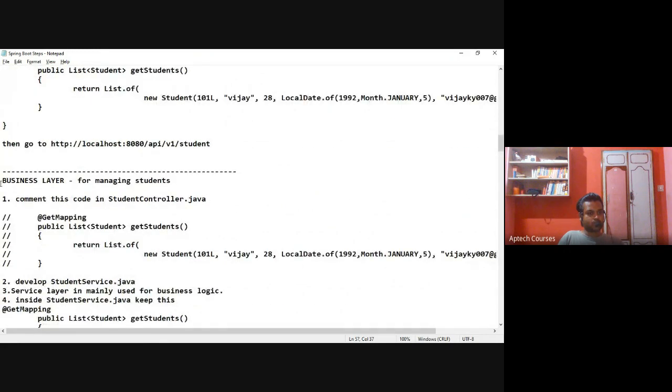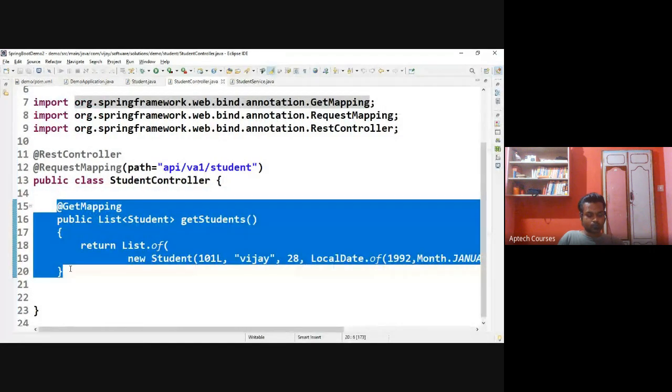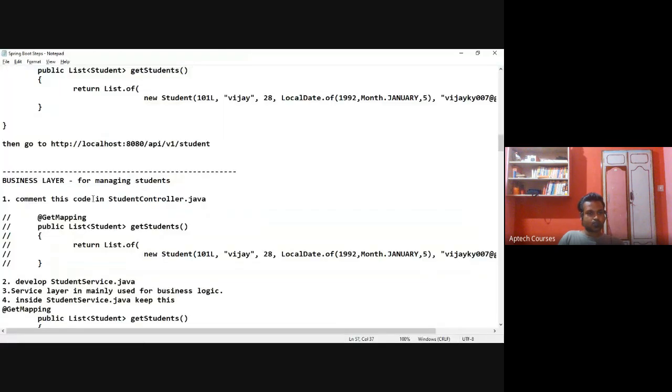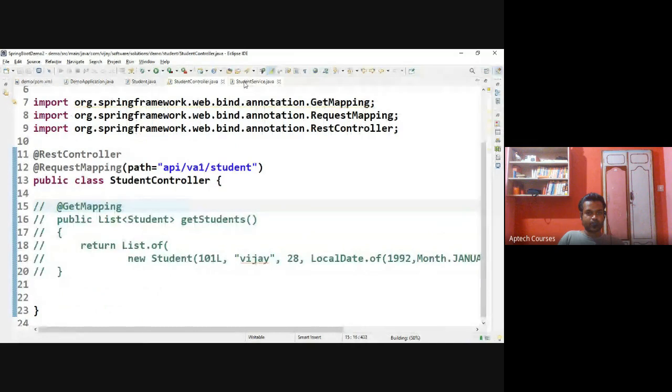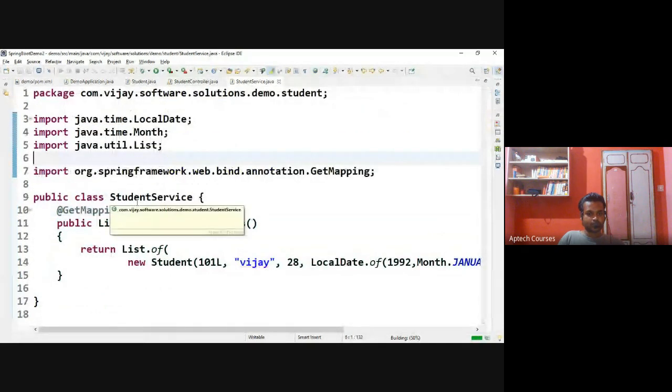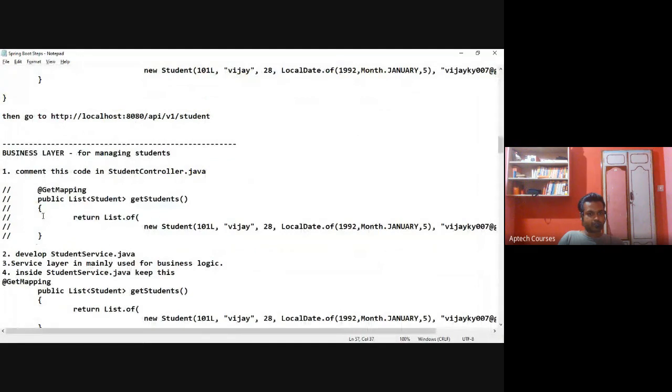Then we'll come to the business layer. In the StudentController.java, I'm going to comment this much of code with forward slashes. Then I'm going to develop student service. We have developed student service already. This much code we are commenting here in the StudentController.java.